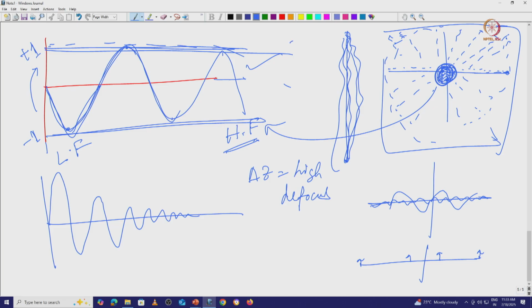Why this envelope function is coming, we will discuss in the next class, but in the meantime just look at this. When you are using a very high defocus, this signal will boost in this particular direction. Initially you can see that your signal should come until here, and just because of the very high defocus value, the low frequency signal is very good. The low frequency signal will be dominating.